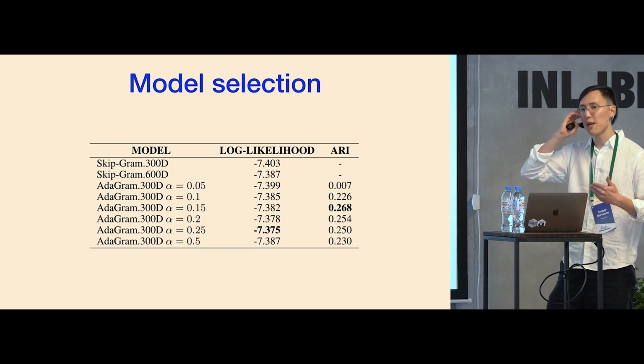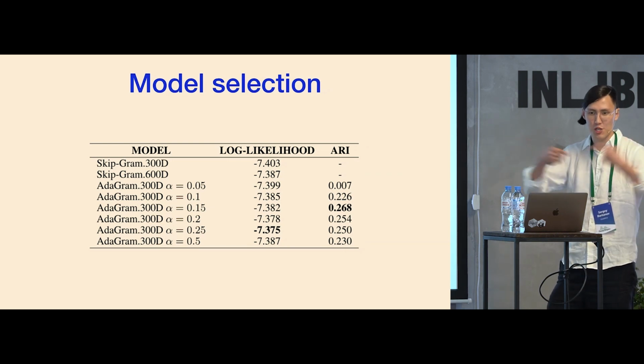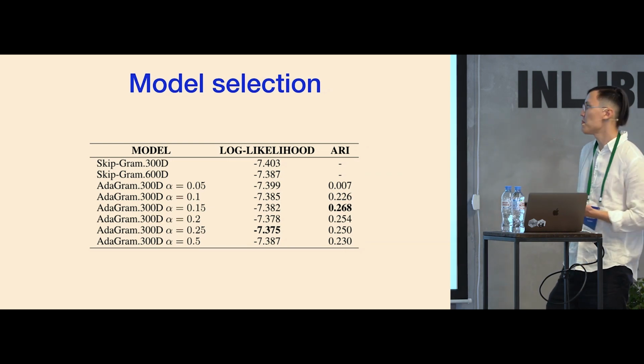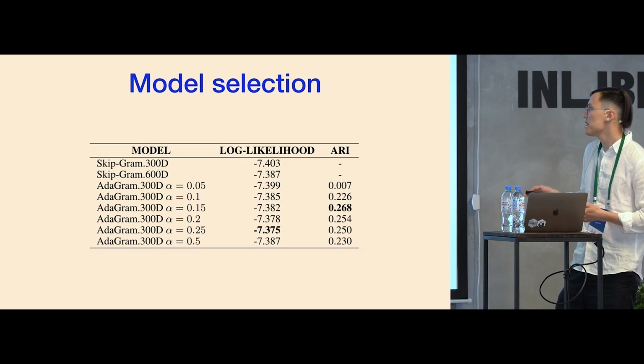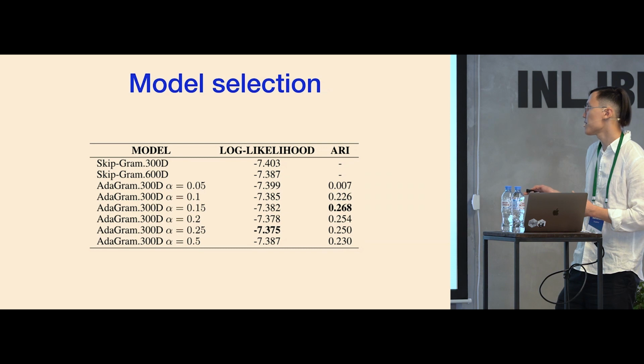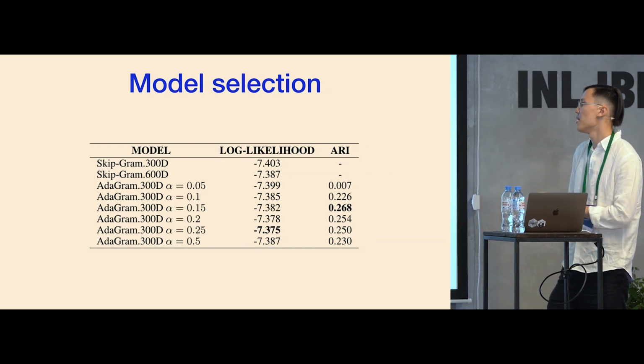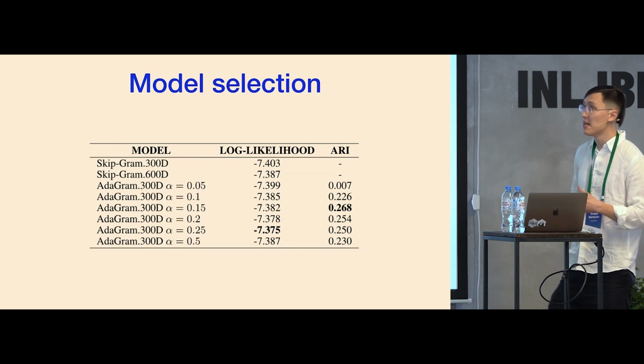So will it be able to actually understand all of the meanings simply by measuring them into a single vector? Maybe possible. And you can see that indeed, if you increase the dimensionality of the skipgram model, it improves the likelihood. But Adagram very quickly outperforms this twice as large model